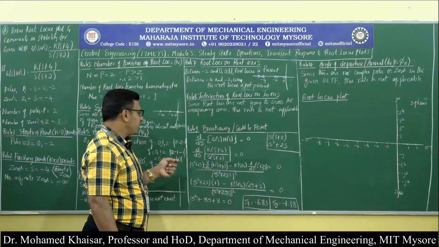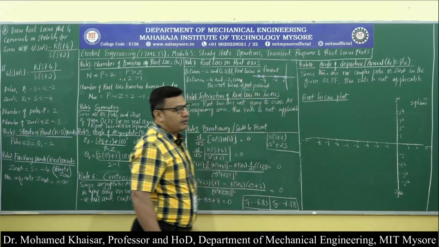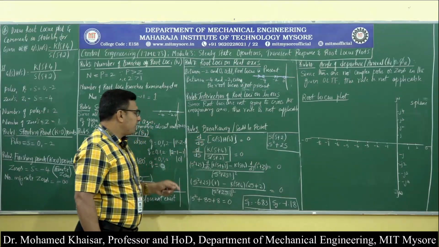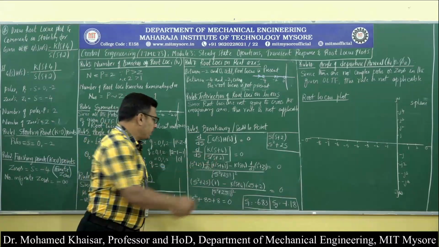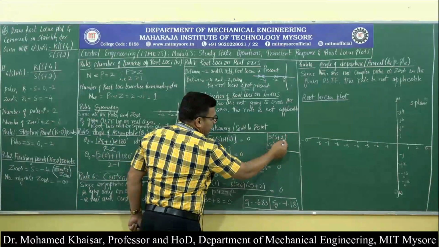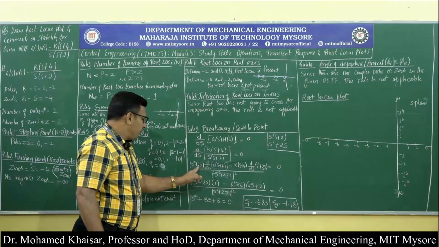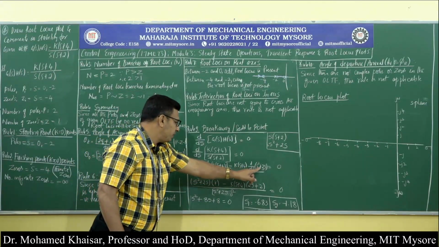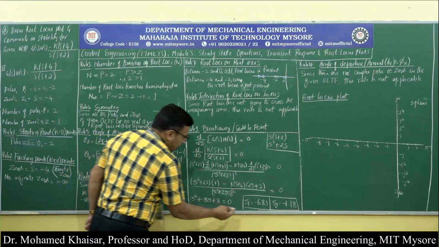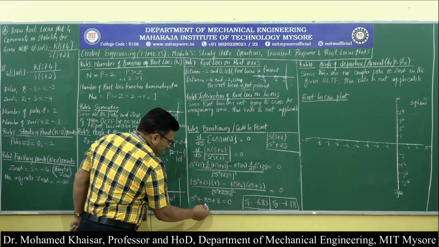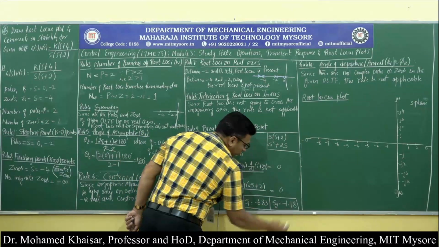Then how do we find breakaway or saddle point? Obviously from here we got to know that both breakaway as well as saddle point is applicable, and therefore rule number 9, breakaway or saddle point, d by ds of GSHS equal to 0 is applicable. When we simplify this, what we have done here is s into s plus 2, we have just removed the bracket, we got s square plus 2s, and we have applied the u by v rule. So v d by ds of u minus u d by ds of v divided by v square equal to 0. By simplification or factorization, we got two values of s, one as s1 equal to -6.83 and the other one as s2 equal to -1.18.